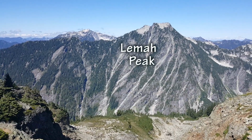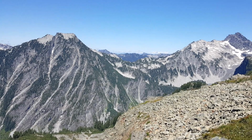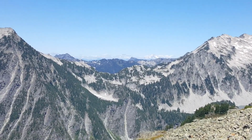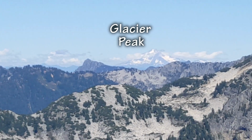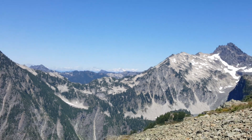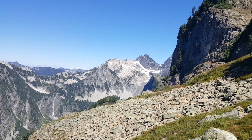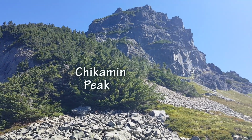All right, gonna do some peak recognition. That's Lima Peak or Lima Mountain right there. That one way back in the distance there is Glacier Peak. Glacier Peak. I just spoke to someone who climbed that. And then as we come on around here, right where I'm eating my gorp, this is